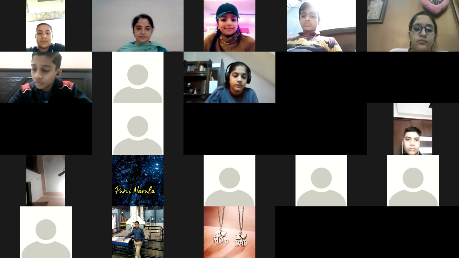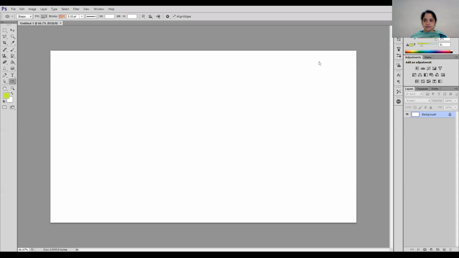Okay. Is the area visible? Anybody, can you tell me if it is visible? Okay, for example, here is the shapes tool. I'm clicking custom shape. Then select the custom shape from here. There are many shapes available. You can select any shape that you want to draw and drag it, that's it. For fill, the pattern is already selected here.